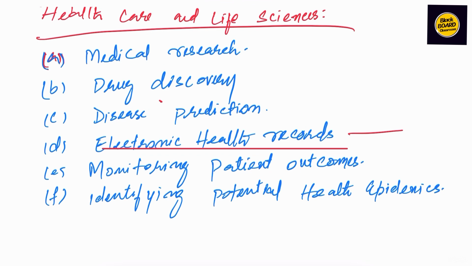And monitoring patient outcomes, big data science can also help in understanding the outcomes of a patient by providing different medications and other healthcare safety or healthcare protections. It will also help in health epidemics. For example, in COVID, we did a lot of research on the previous data, and we also understood what will happen in the future based on the analysis, based on the report generated by big data. So this big data is perfectly helping us in the health sector, in health sciences. The third application of big data is